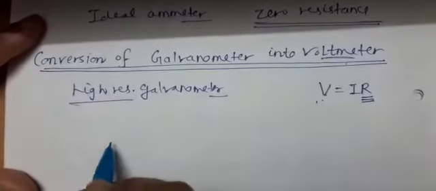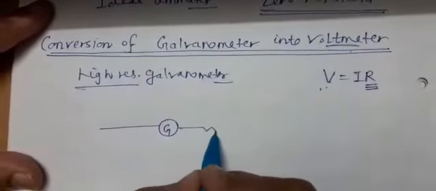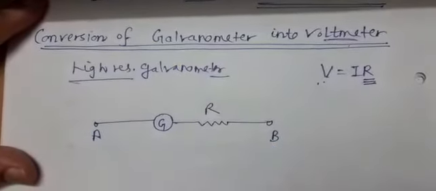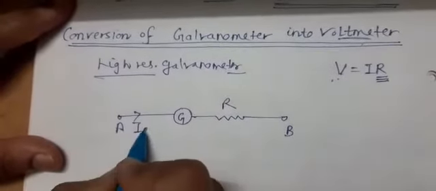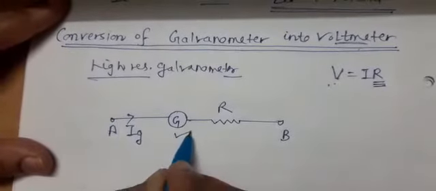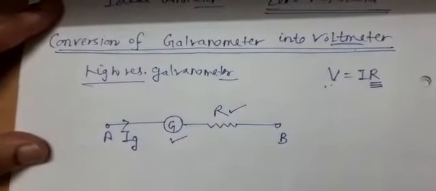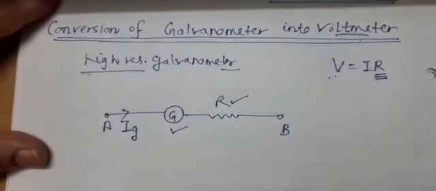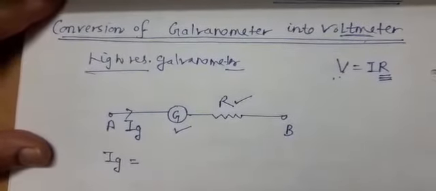and it is used to measure potential difference between two terminals of the circuit. So here, as the galvanometer has to be converted into a voltmeter, what should we do? We must connect a resistance in series. Between two terminals, resistance R is connected in series with the galvanometer. Whatever current is flowing, let me term it as Ig. Ig is the current flowing through the galvanometer, G is the resistance of the galvanometer, and R is the resistance to be connected in series with it. Now we have to measure potential difference V.